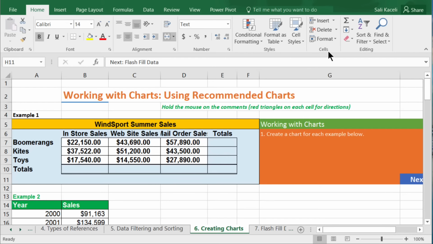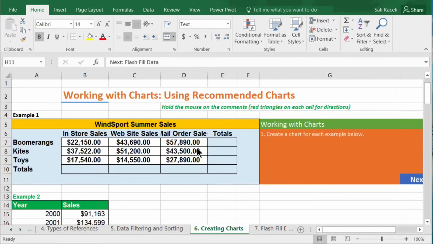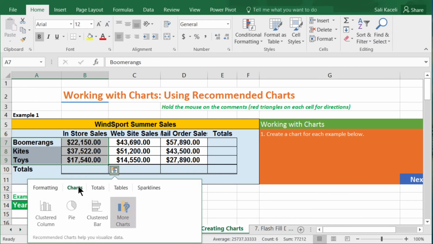In this next session, we're going to learn how to create charts in Excel. We have here a variety of data options in our worksheet, and we want to create charts for them. So the concept of creating charts is pretty simple. Basically, the way it works is that you select the data, and then you click on charts. Now, the option to create the chart, you can either use this option right here in the bottom under charts,